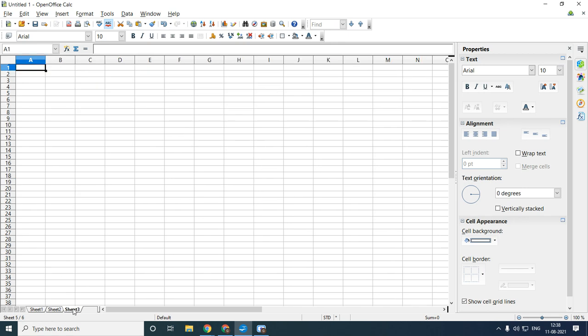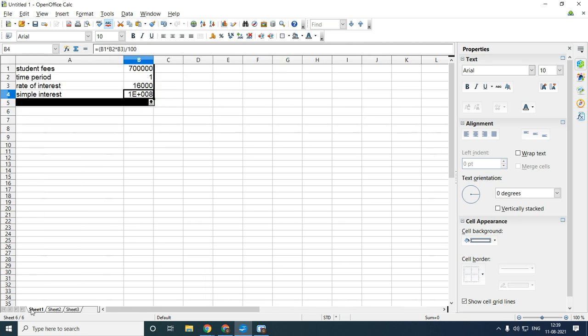Yes, ma'am. Okay. Next comes solver. Solver and goal seek are both the same. Both we are doing the same. The only difference is that solver deals with equations with multiple unknown variables. Whenever we are performing goal seek and solver in the spreadsheet, both will look the same, but when I see the equations, there are multiple unknown variables. So I will take the same example for that.